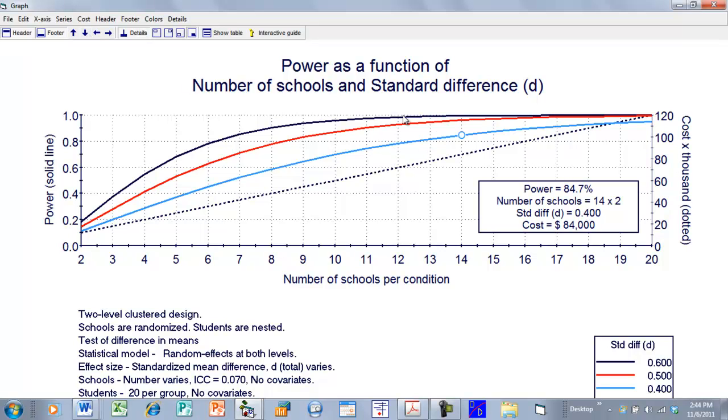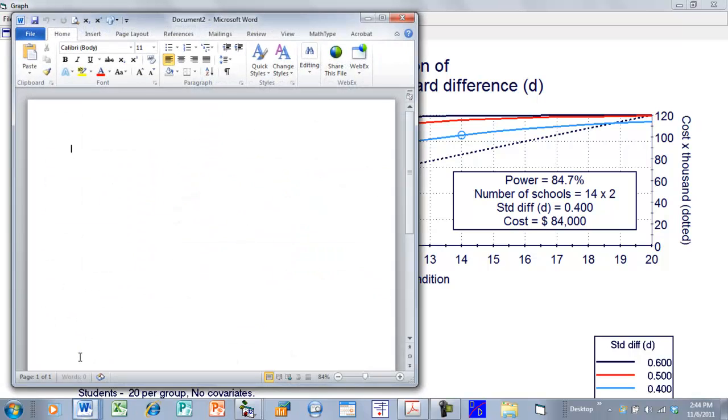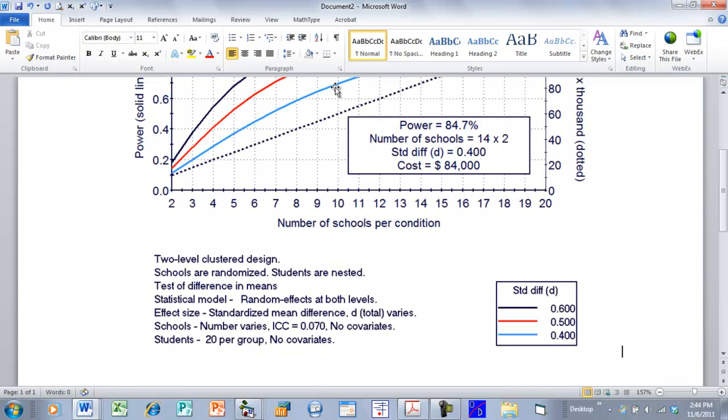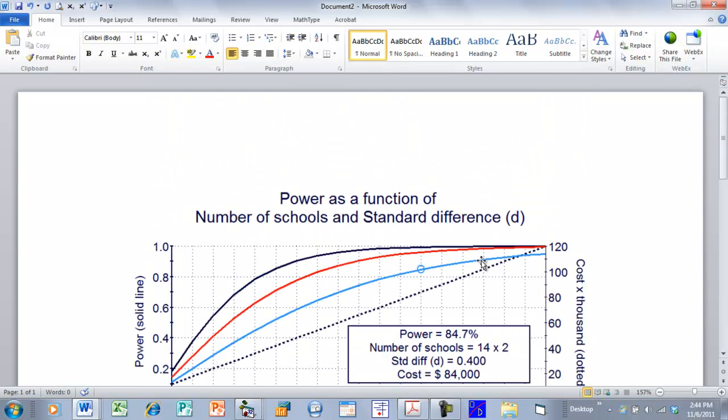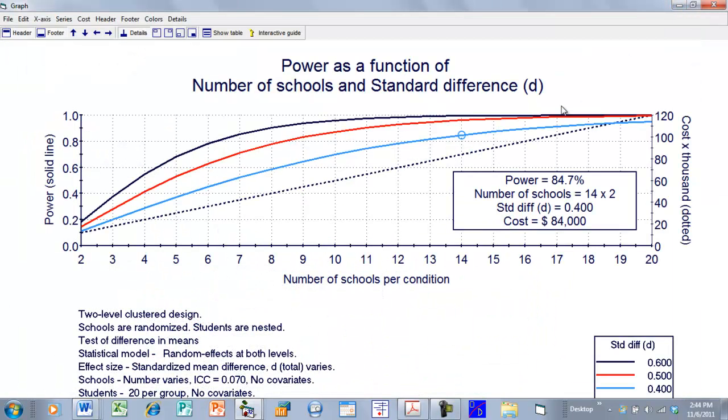Assuming that this is my decision and this is the chart that I want to include in my report, I can say edit, copy the graph to the clipboard, and then I can open up a copy of Word and click on here and press Control V and paste this into Word, and now I have a copy of this running in Word. Something else that I can do is, if I wanted to, I could actually export this to Excel,